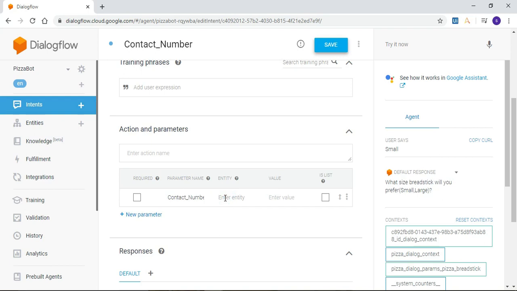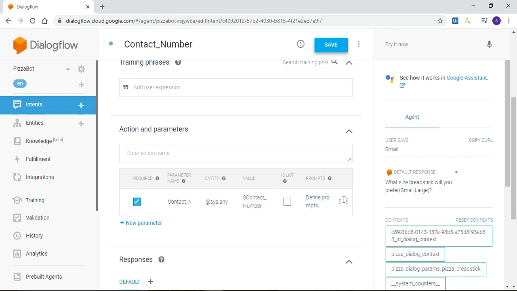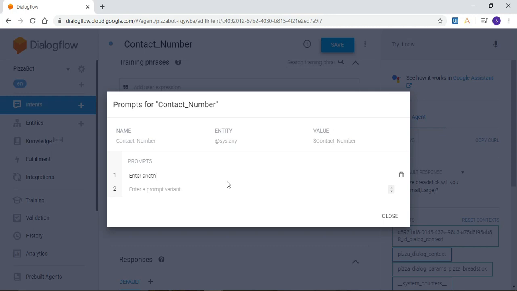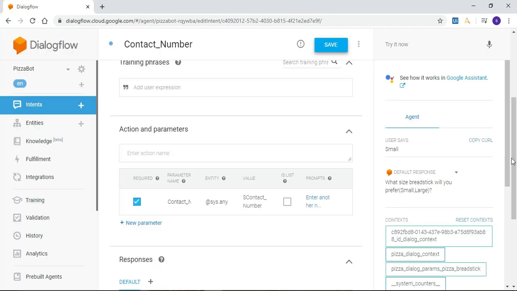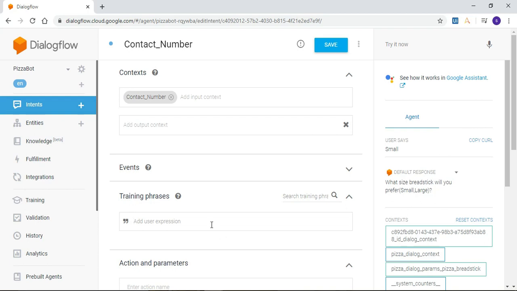Entity I'll enter as @system.any. System.any is any type of entity you can enter. You just need to train your bot. Next value, add a validation for this saying enter another number and click on close.